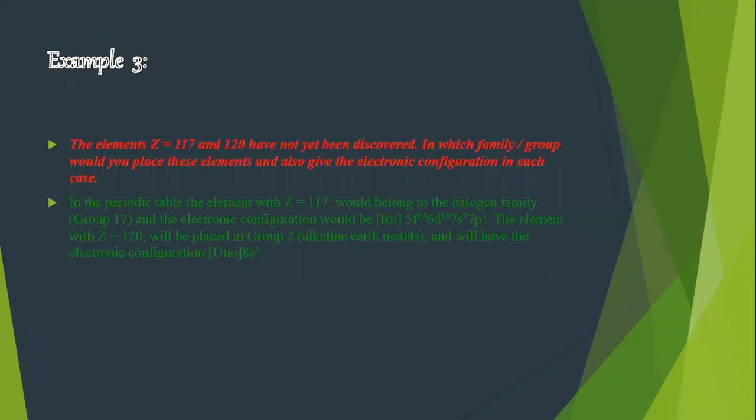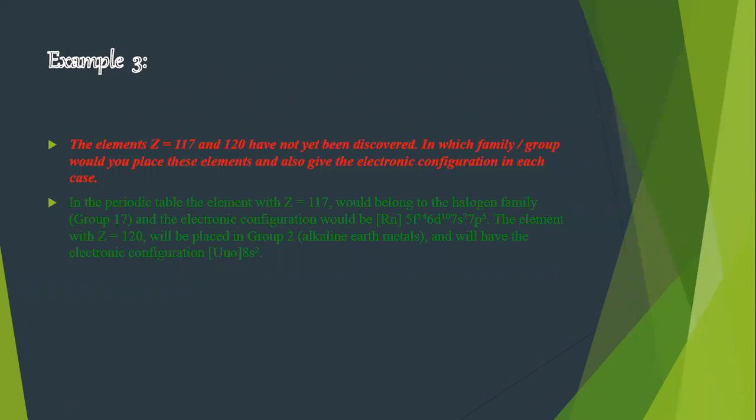If someone asks you that, if I give you an element with atomic number 117, and I ask you to assign a group in the periodic table and assign the electronic configuration, then you can do it easily, since you know the total electronic distribution, that is 1s2 2s2 2p6 3s2. So you can assign all the elements, and on the basis of the last participating orbital, or you can say the last participating shell, you can assign the group also.